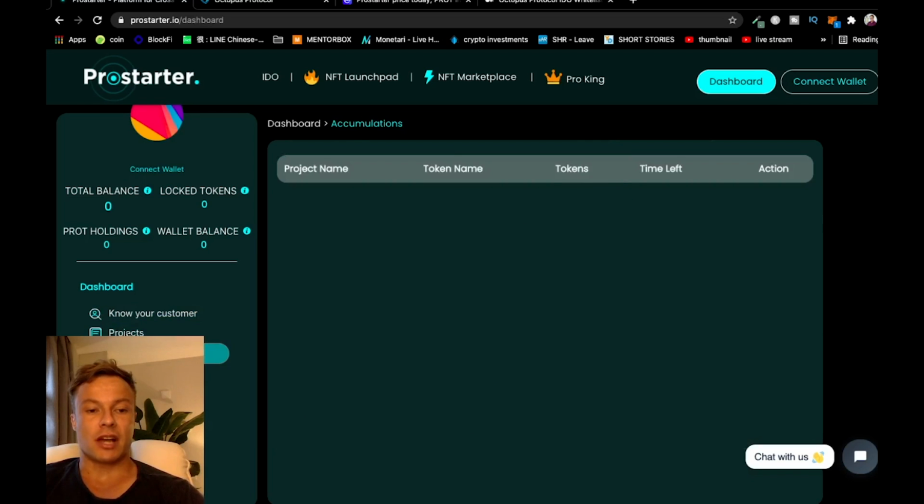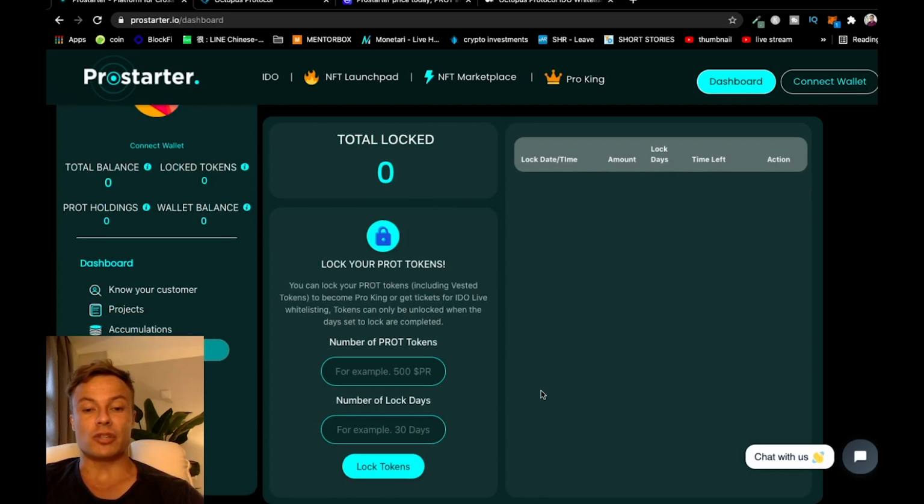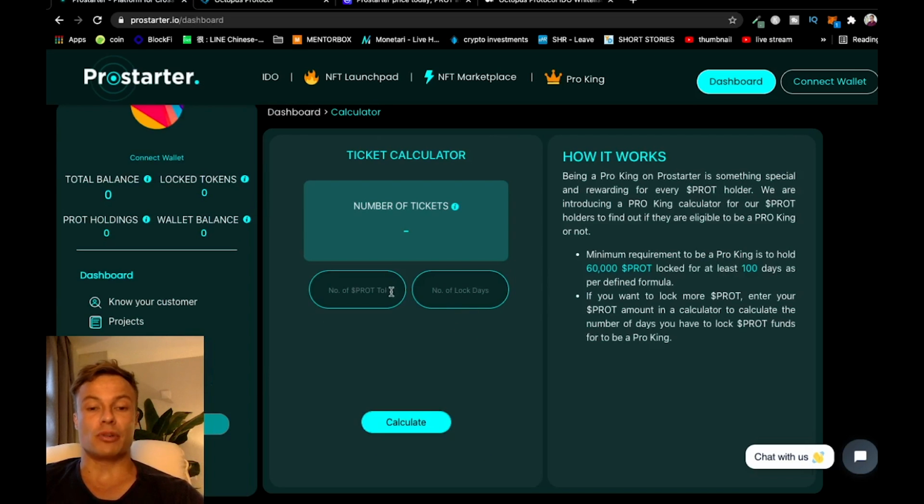Past projects, obviously as I mentioned, it's quite new, so there's not a huge amount in terms of past projects, but they did the Prostarter IDO to start with, and then the Octopus Protocol is now soon going to start taking off. You can then see what you need to do in terms of locking tokens. Okay, so by locking tokens, you lock X number of tokens for X number of days, but the more you do for the longer period of time, the more tokens or the more tickets you can win. So if you put in, for example, here,